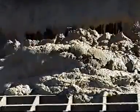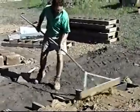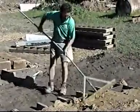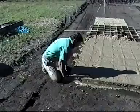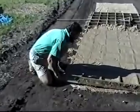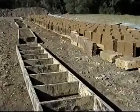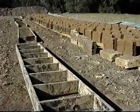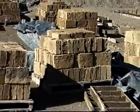The mud bricks that we make here are made out of clay and straw with no stabilisation at all. The bricks are poured into the mould, as you see with the tractor, and smoothed off, and the mud left in the moulds for about a day or so, and then the moulds are pulled off, relaid on smooth ground and filled again. And it takes about 2 to 3 weeks for the bricks to dry, enough to be stacked, maybe 4 weeks in this weather, and then they're left on the pallets for another 3 to 4 weeks before